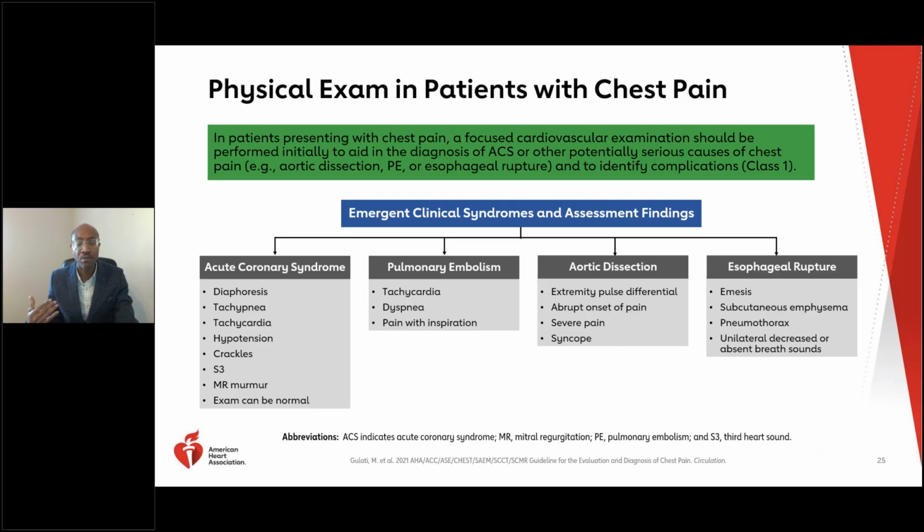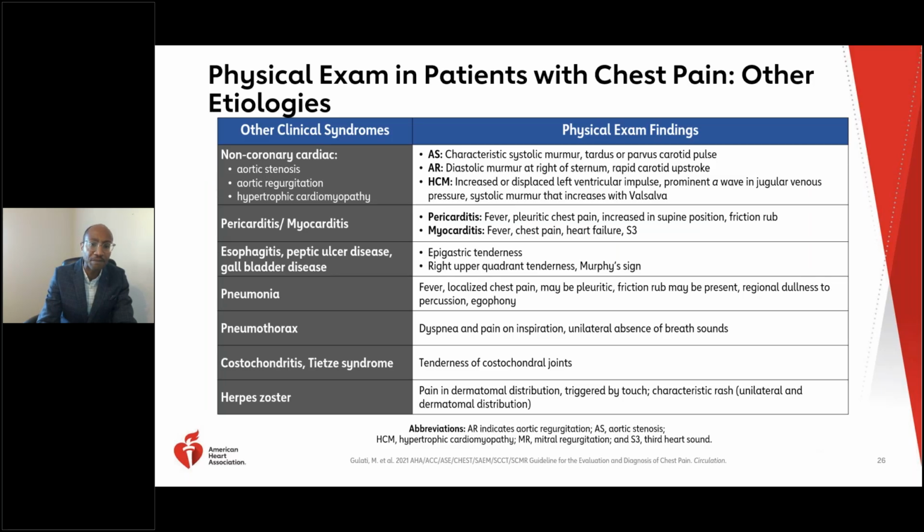differentials in their pulse exams or in their bilateral blood pressure measurements, tearing pain, pain radiating to the back, or syncope. This may make you concerned for an aortic dissection, something else to also be very much concerned for. Patients presenting with unilateral decreased breath sounds or a history of repeated emesis should really make us concerned for an esophageal or viscus rupture specifically. And the management would be really different for each of these high-risk, life-threatening findings specifically.